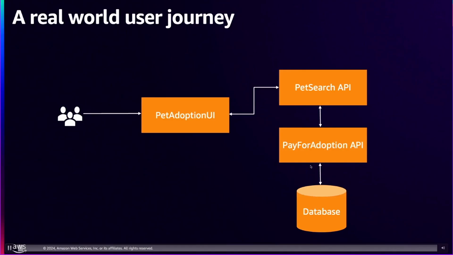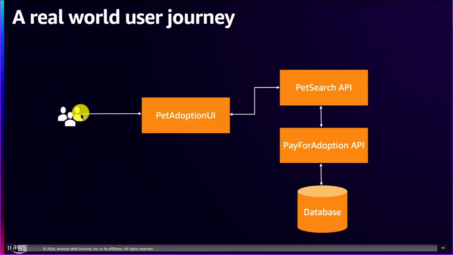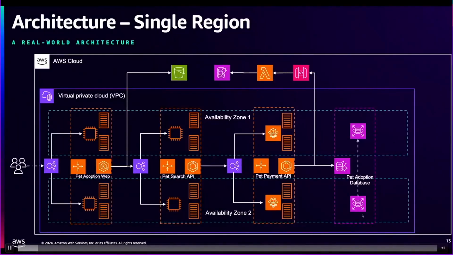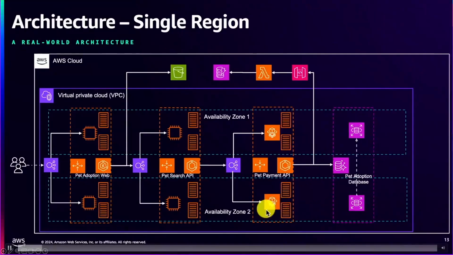Okay, yeah. So what we've got here is a sample application that just allows people to adopt pets, right? So the whole idea is, it's 3 different services, 3 different APIs. One is providing a UI, 2 APIs, and a database that runs this application. It's a typical application you'd run. The UI runs on ECS, or rather EKS, while the APIs run on ECS, all fronted by load balancers.